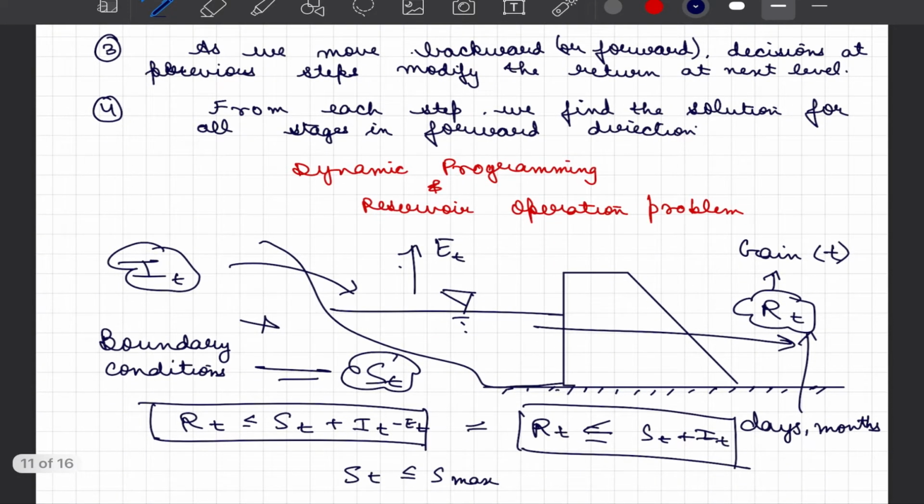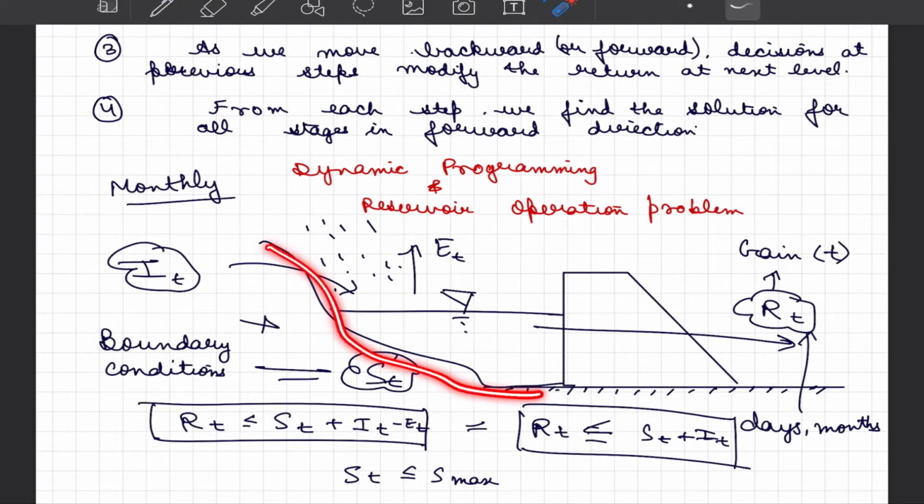Now, when we look at the reservoir operation problem, as I mentioned in class, the reservoir is a complex system because we have a dam here. There would be a reservoir here, where some water would be stored. And at each time step t, let us say that we are talking about monthly time scales. In the month of June, there would be some precipitation happening because of monsoons. And when this monsoon happens, the water will rise, and the surface is also not a smooth surface. The surface area of this pond where water is collected will change, and that would impact the volume of water that is going to evaporate.